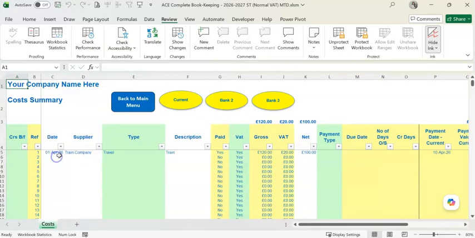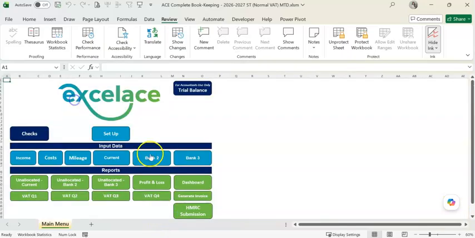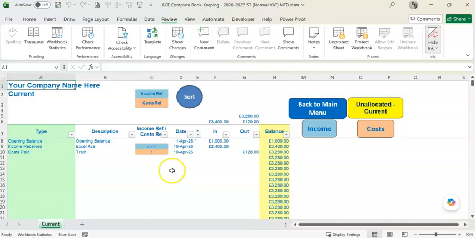So again, if I go back to costs, you can see we should have received 120, and you can see here that it's linked to the bank that yes, we've received 120, so this is paid. Okay, brilliant, all done. So with your current account, and your other 2 bank accounts, I would literally just put